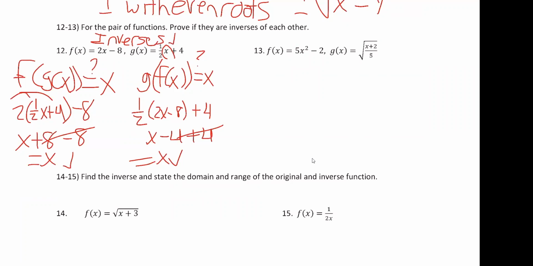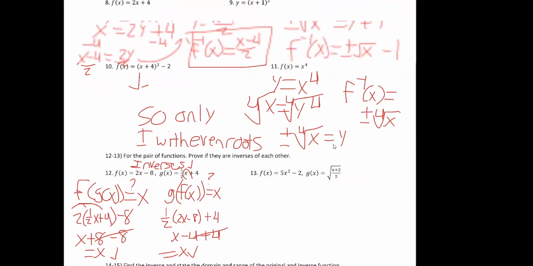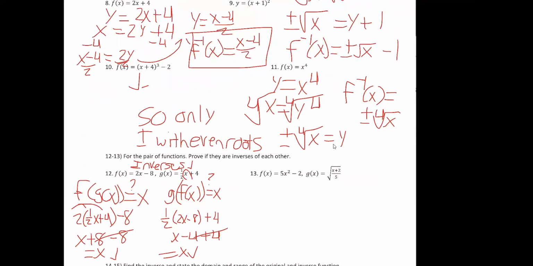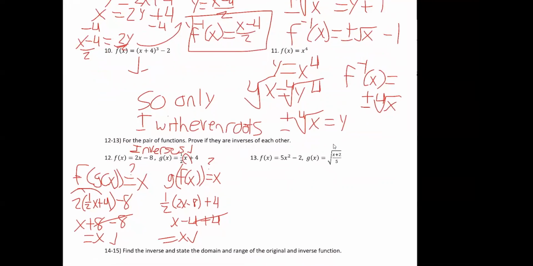Even if they equal the same thing, let's say you got that they both equaled, I don't know, 3 minus x or something weird, they wouldn't be inverses. They both have to equal x when you plug them in. If you don't like these composite functions, another way you could prove it, I mean, I would like you to do it like this, but if you really are struggling with this,